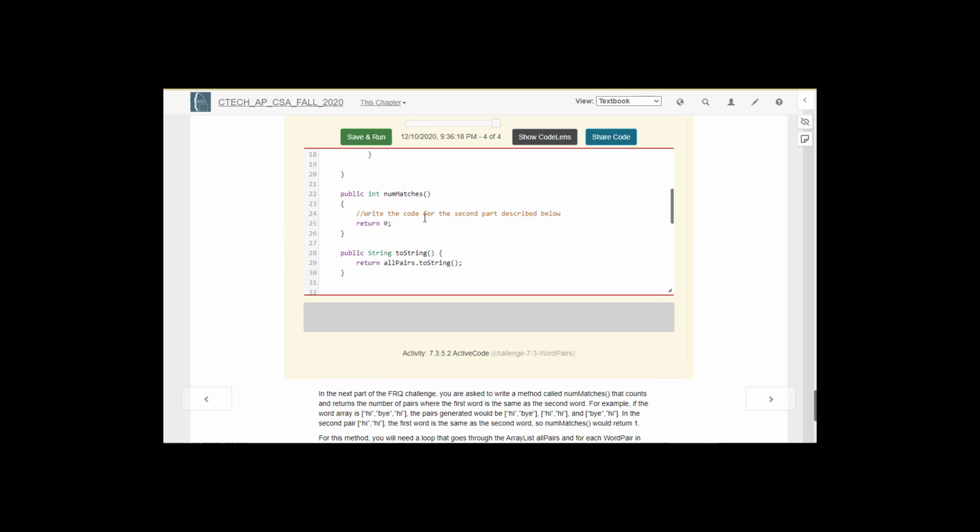Okay, so we're going to need a counter. So int matchCounter, I know how to spell, equals 0. And then I'm going to use an enhanced for loop here because I need to go through all of the items one by one, and I don't really need to keep a counter of anything. I'm not going to be moving anything around, so I just want to look at the actual WordPairs. So I could say for WordPair wp in allPairs,